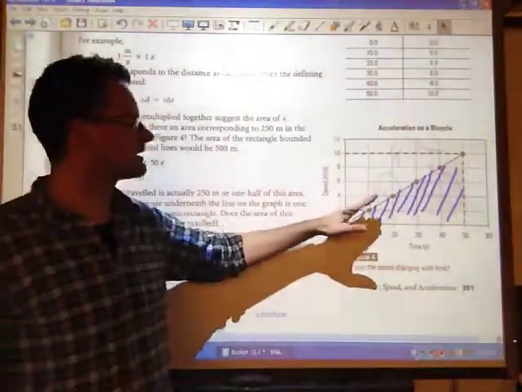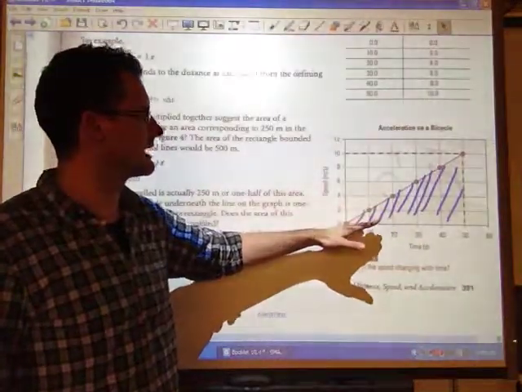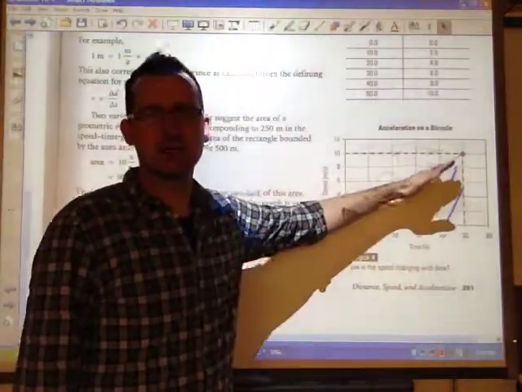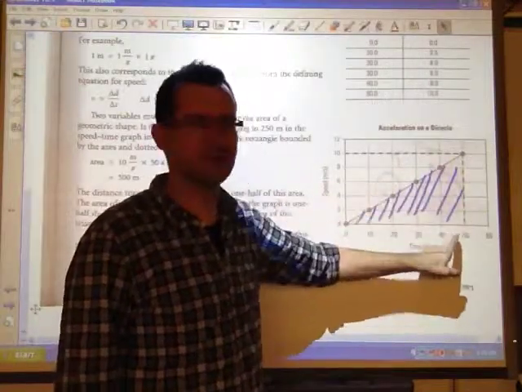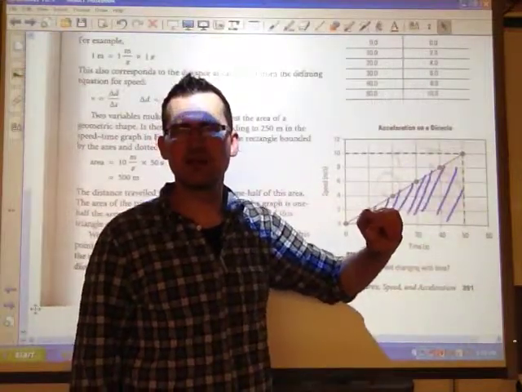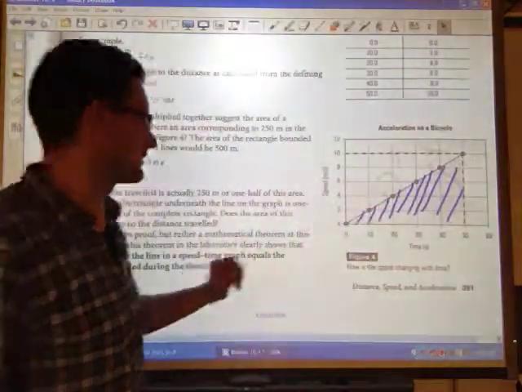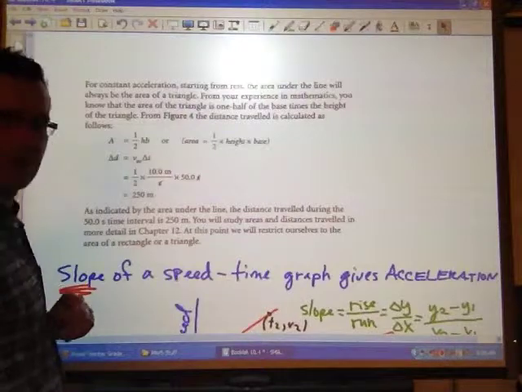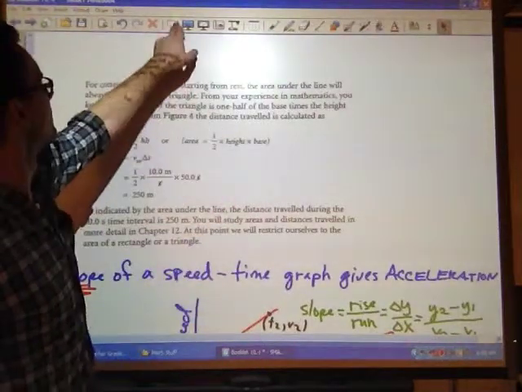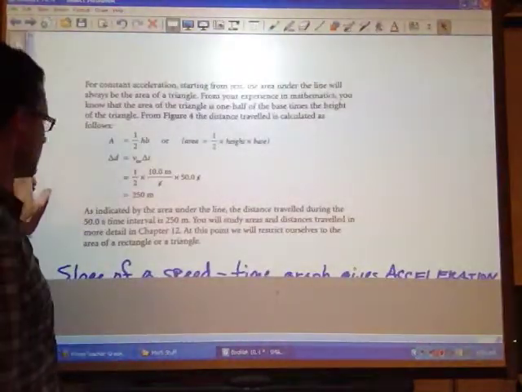So here, if I was figuring out the distance traveled in this case, it's an increasing line. Figure out the area underneath, shade everything in below it up to 50 seconds. I would have to use the area of a triangle to figure that out, as you can see over here. Now you have some room on the bottom of the sheet. I'd like just to copy a little summary here,